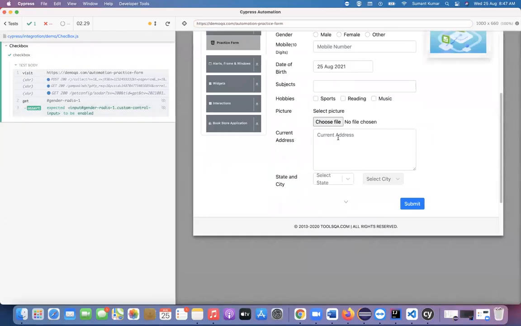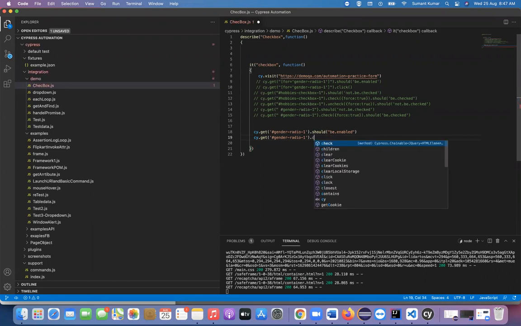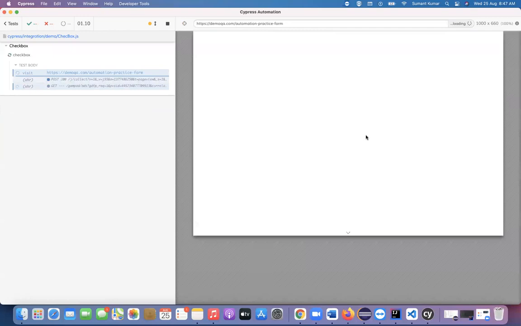Now the next target is to click this particular radio button. Again we'll select the same locator, cy.get, and then we can use dot, let's say I'm using check. Let's see what happens, we'll go one by one.